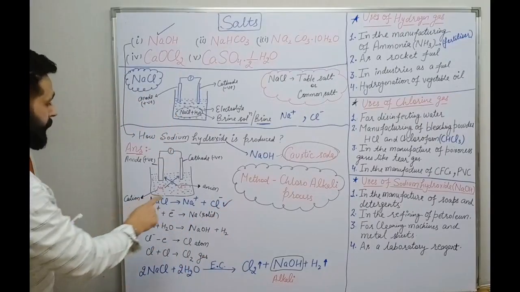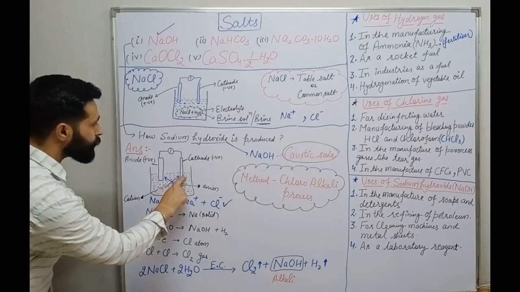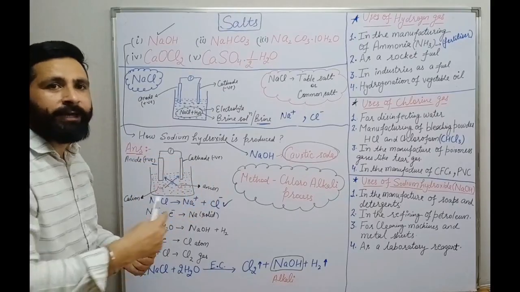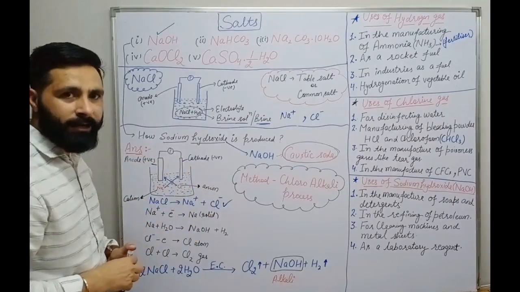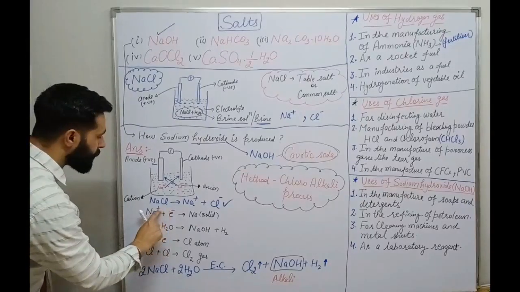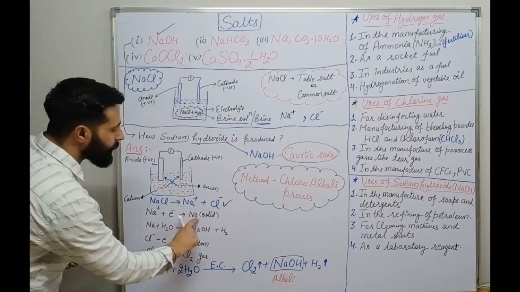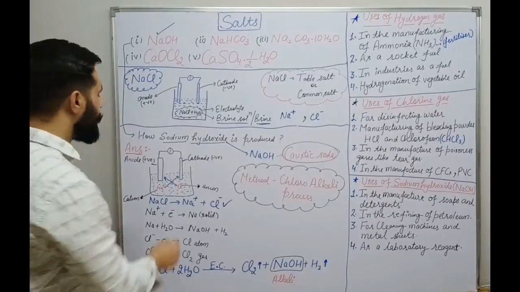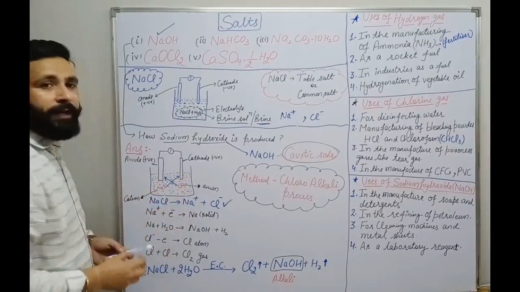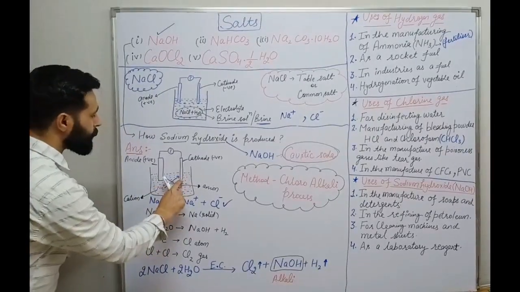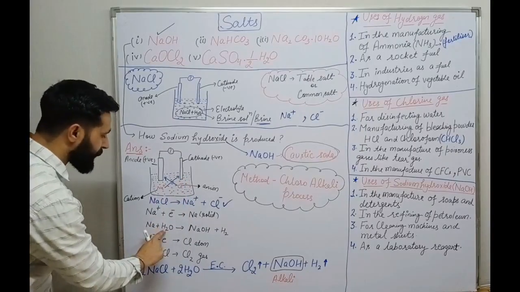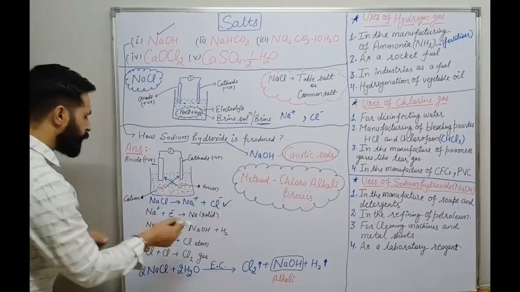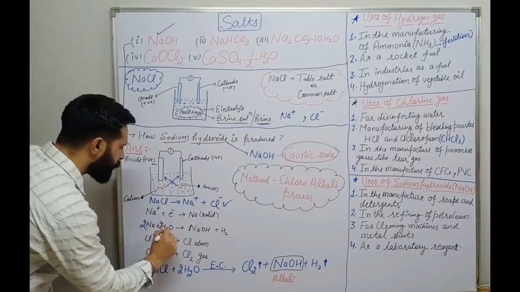Now beta, when sodium ions go to the cathode, which is negative, meaning it has extra electrons, they take one electron. One positive, one negative cancel, and it becomes a sodium atom in solid form. It is liberated around the cathode, and when it is liberated, it also reacts with water. So this sodium reacts with water and makes sodium hydroxide and hydrogen. So to balance it, we take here 2, 2 and 2.